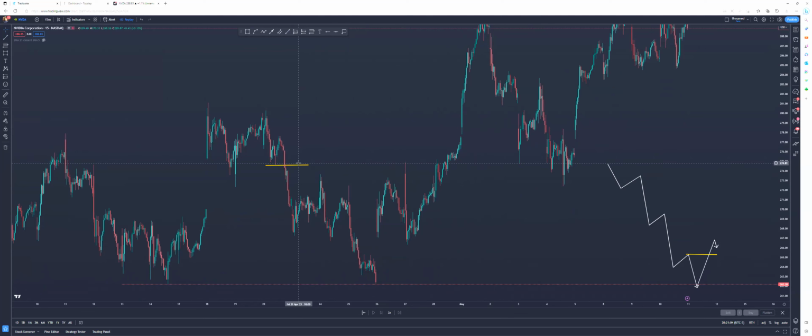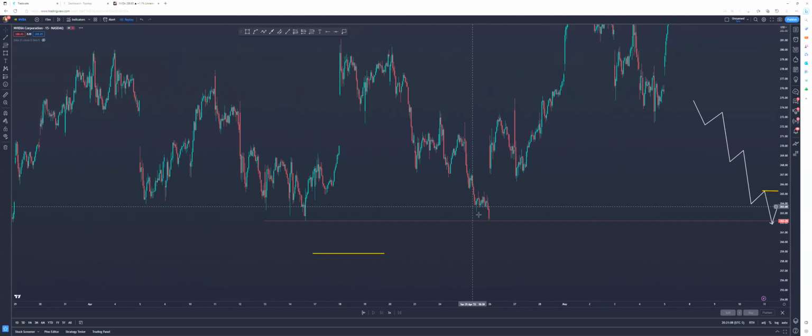There's a lot of times where I won't even wait for the breaker structure. I would just take the trade at that level and hope for a bounce. And if it doesn't bounce, then I just cut my losses. But like I said, it comes with experience. It comes with your risk tolerance. And that's up to you.